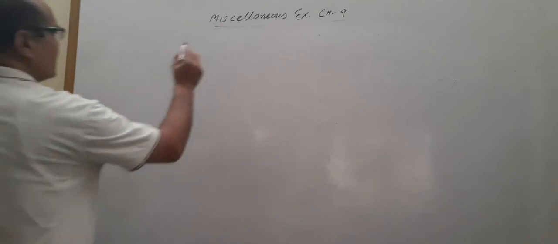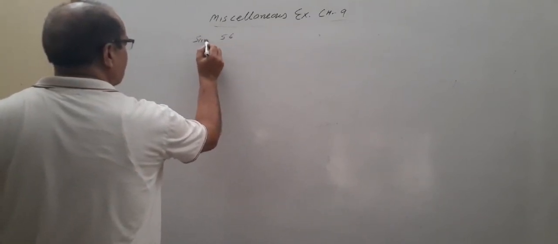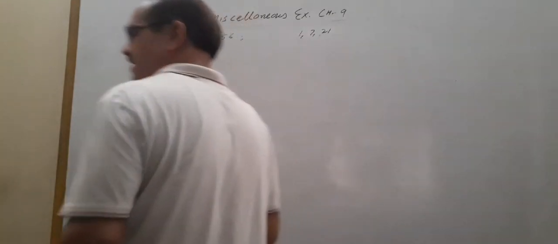Now after question number 9, I will start another, that is question number 10. In question number 10, the sum of three numbers in GP is 56, and if we subtract 1, 7 and 21 from these three numbers in order, then we obtain an AP. Find the numbers. तो आपको ये नंबर फाइंड आउट करने हैं. तो देखिए कैसे बेटा.